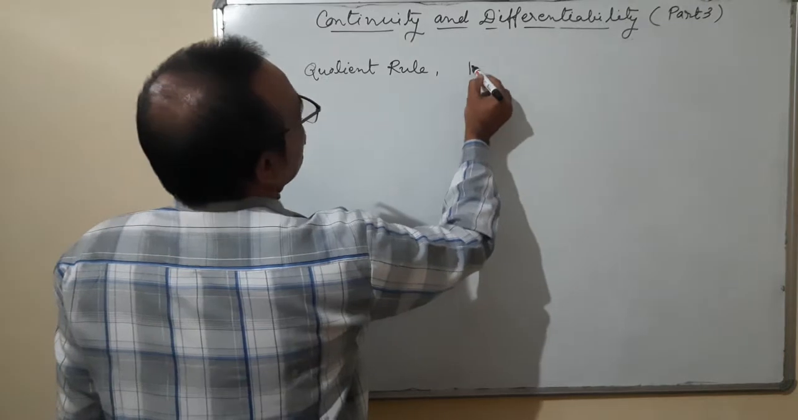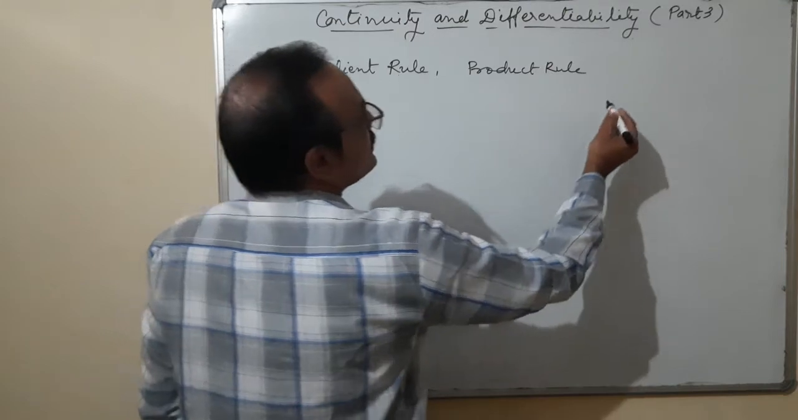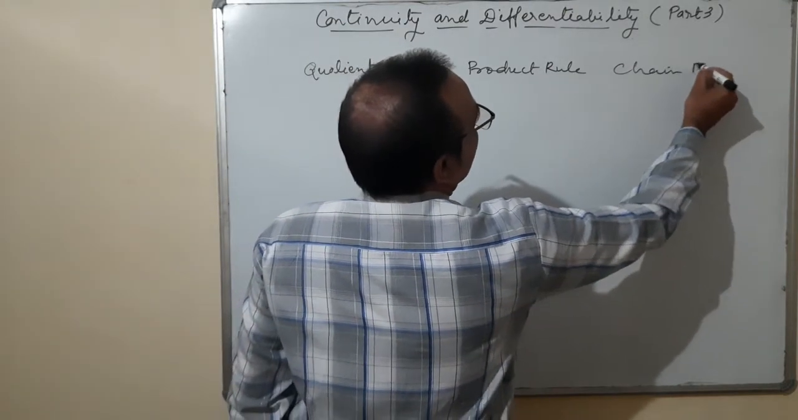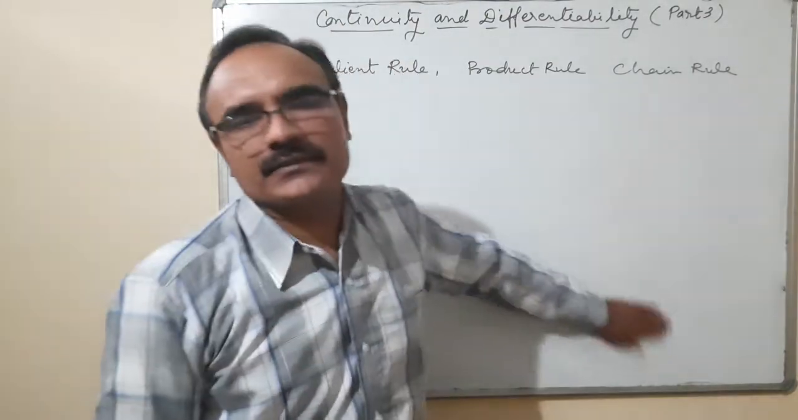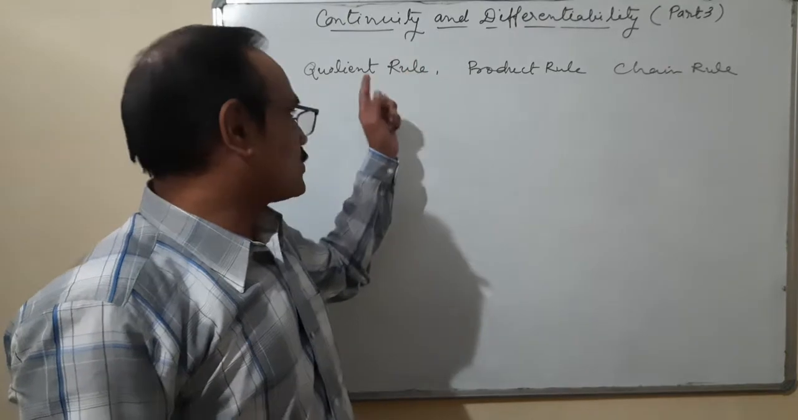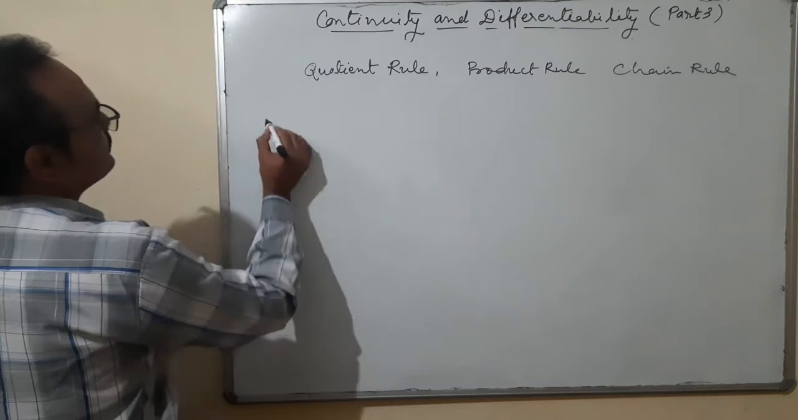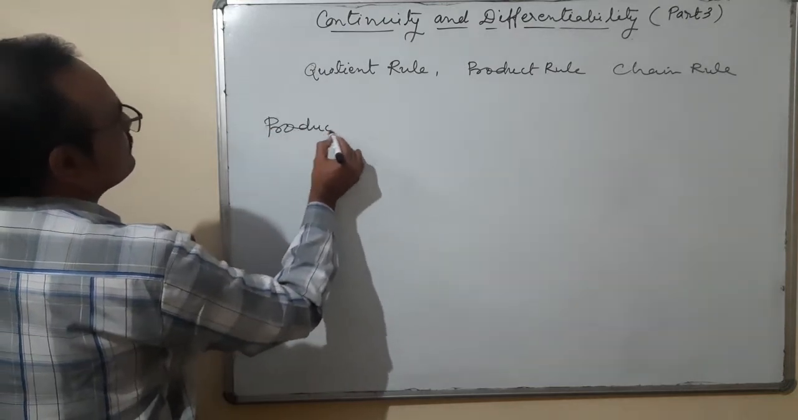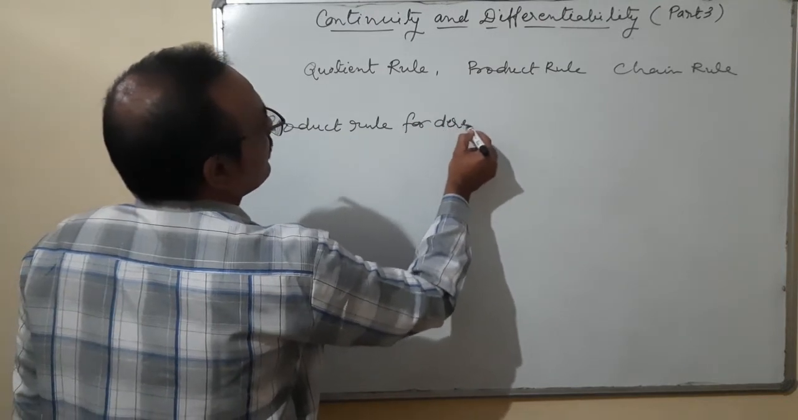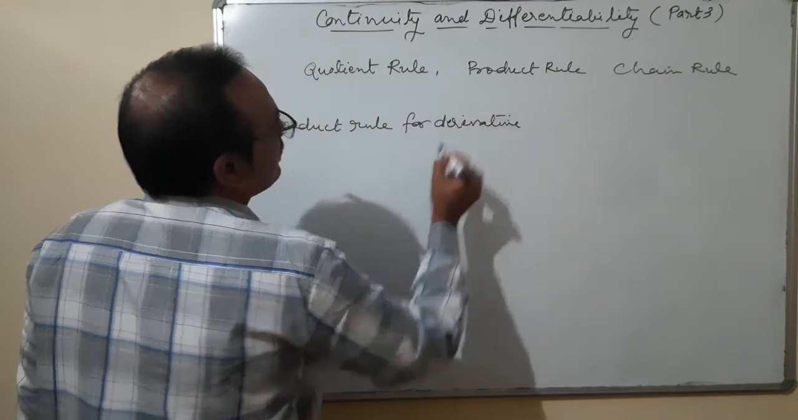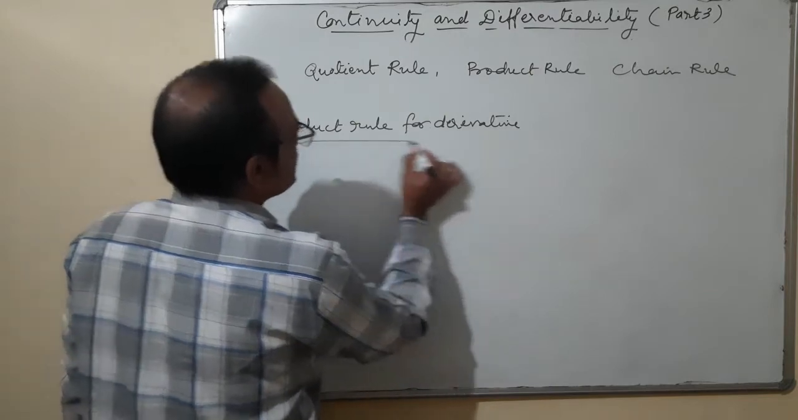One is product rule, and one is chain rule. We'll have to discuss these three rules in differentiation. Okay. Product rule, quotient rule, and then chain rule. Product rule. Product rule for derivative, or product rule for differentiation. Okay. Product rule for differentiation, suppose